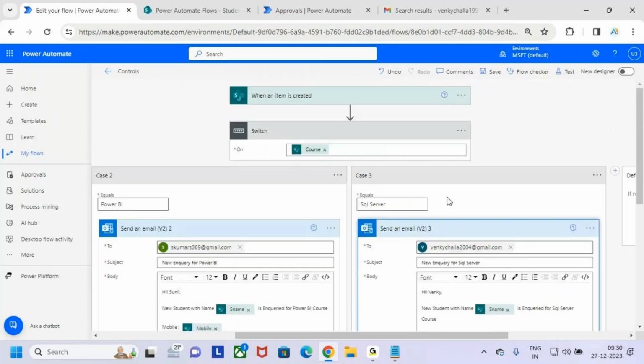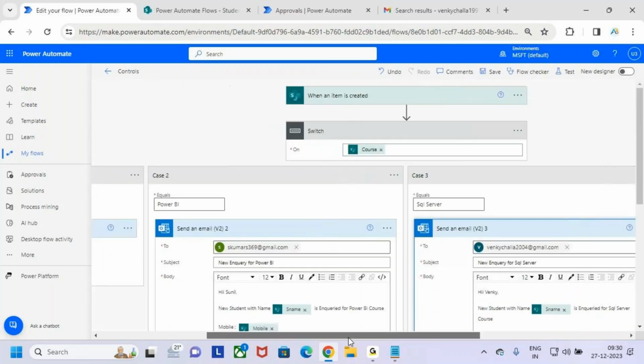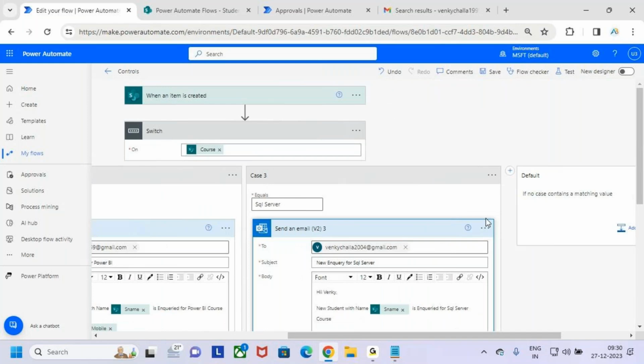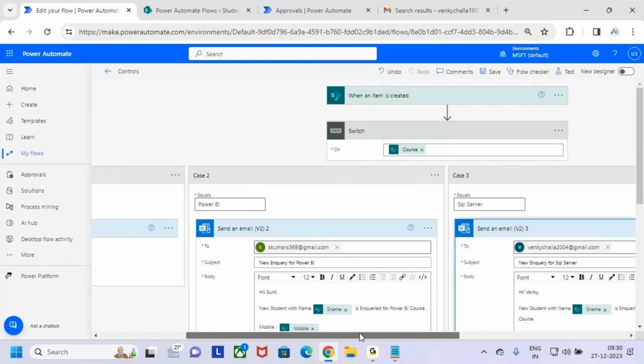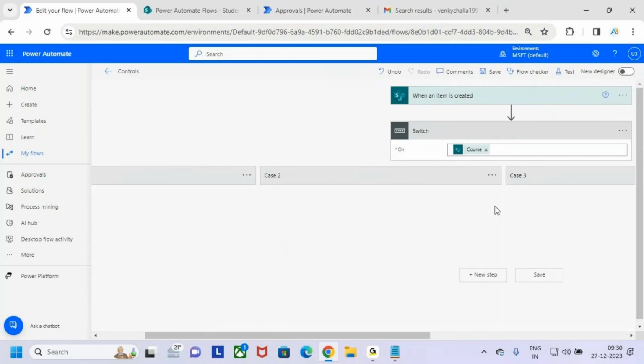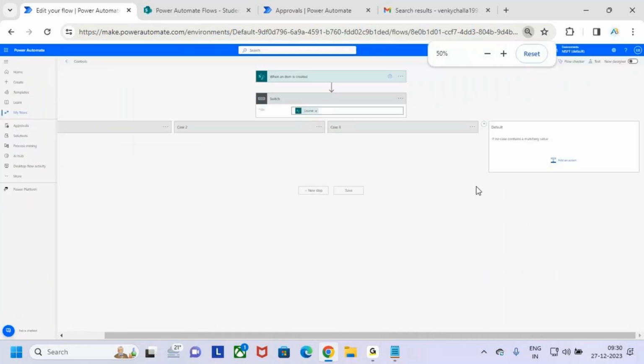So like this I'm going to send, guys. I'm keeping only 3 conditions here. If you want to add another condition, you can add multiple conditions like this. So just go and save the flow now. This is the flow I am creating. Simple flow, nothing much there. If you observe what I am doing here,